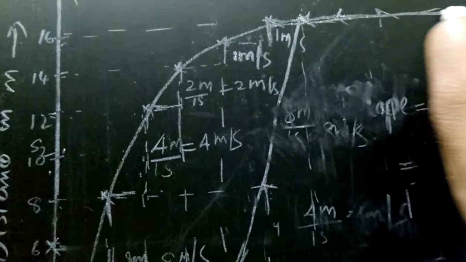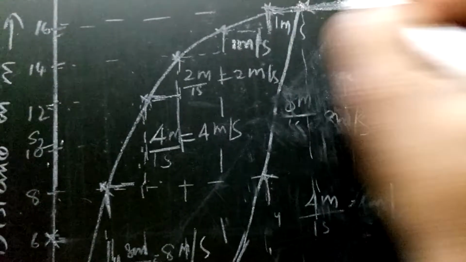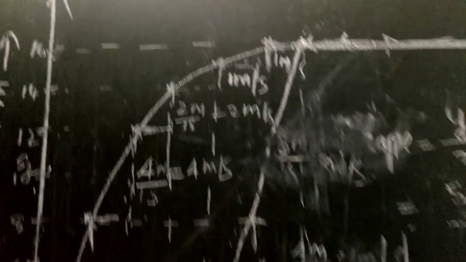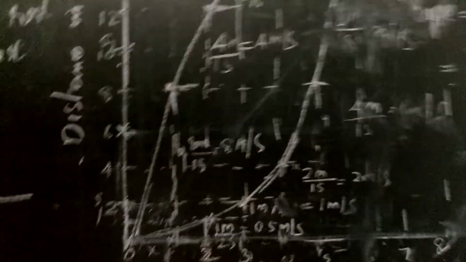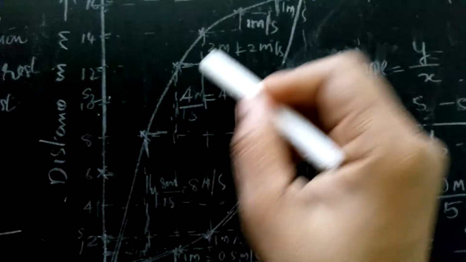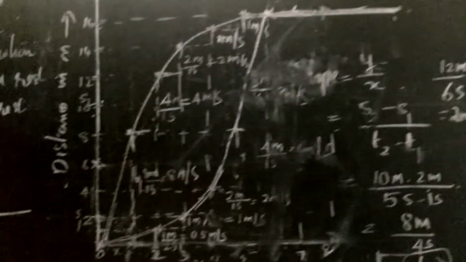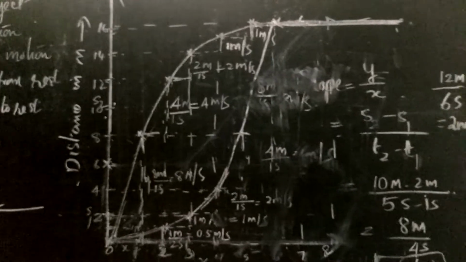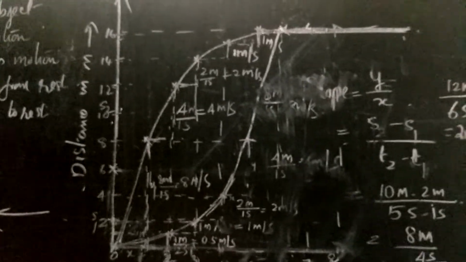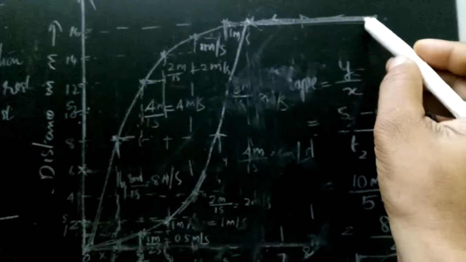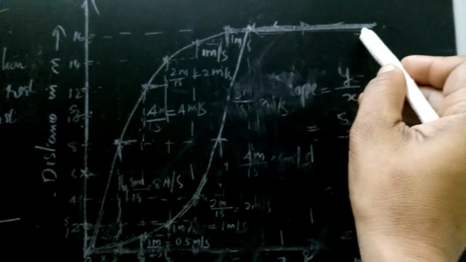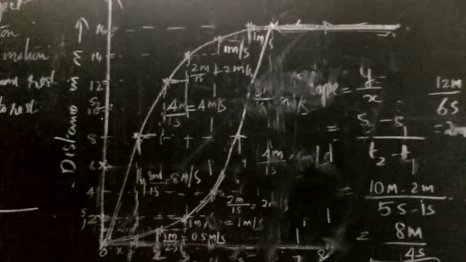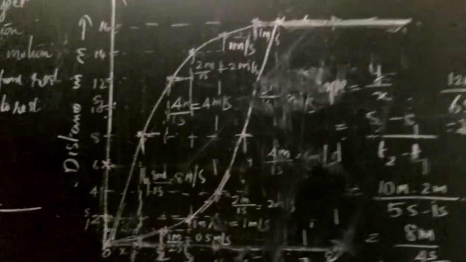Finally it becomes parallel to the time axis. So this represents a stationary object, that means the object comes to rest. So clear? Here this is the distance time graph for a non-uniform motion which comes to rest. That means its speed gradually decreases, and finally comes to rest. So this portion represents an object at rest, that means a stationary object. The first graph we discussed, the distance time graph for a stationary object, is a straight line parallel to the time axis.